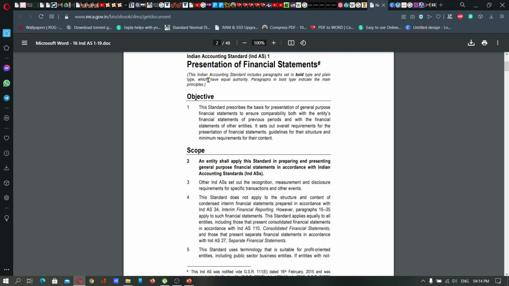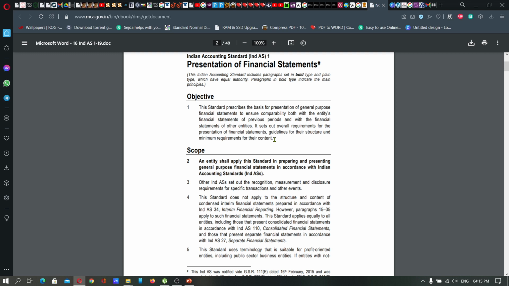So anyway, what is the scope of this particular standard? This standard prescribes the basis for the presentation of general purpose financial statements to ensure the comparability both with the entities' financial statements of previous periods and with the financial statements of other entities. It sets out overall requirements for the presentation of financial statements, guidelines for their structure and minimum requirements of their content. Actually, the content of this standard means the companies that are complying as per the Ind AS have to present their financial statements as per the standard set by the Ind AS, and the main objective is to present the financial statements in a uniform pattern so that there will be transparency, and moreover it can be compared with